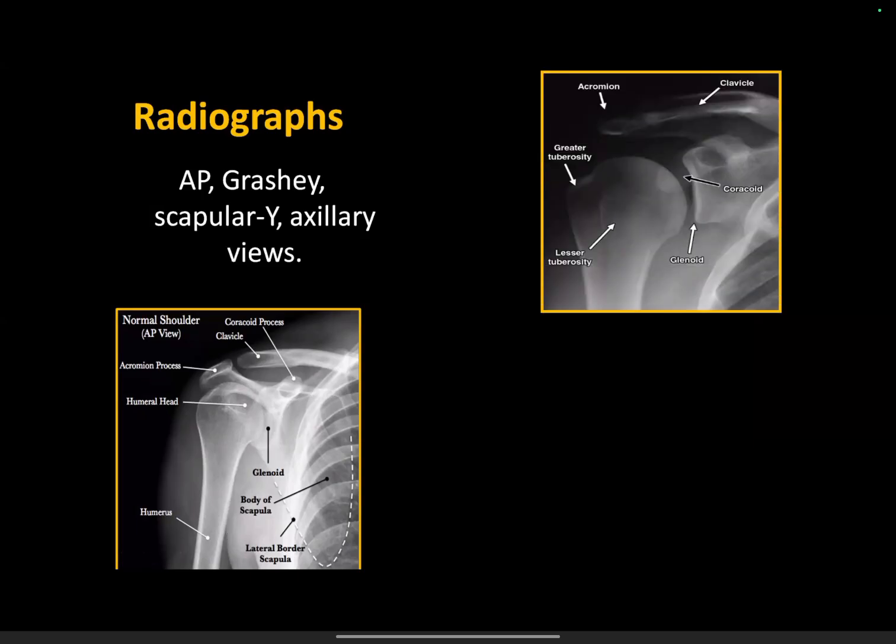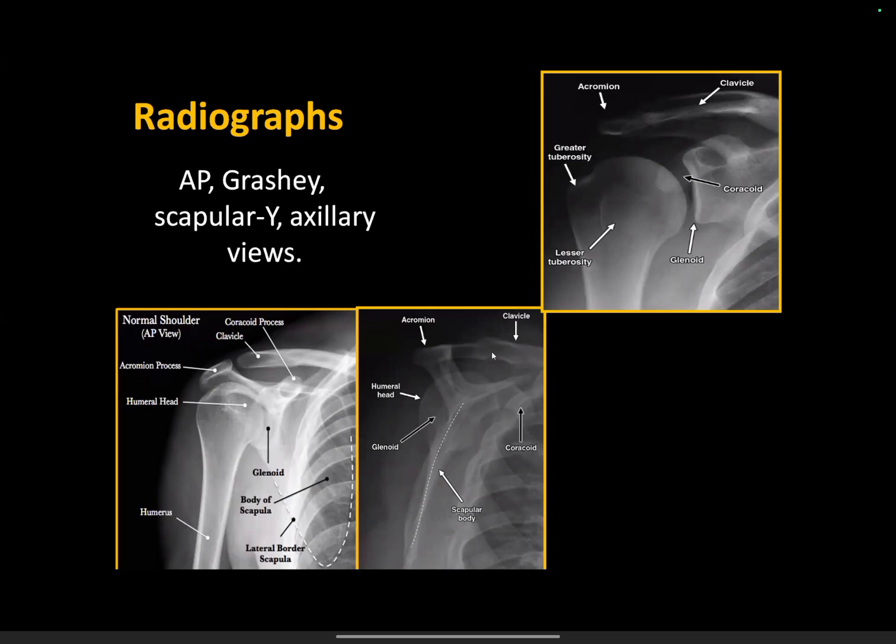We also have the Grashey view, which basically removes the overlap between the humeral head and the glenoid. So basically you can see the distance, and it's good to fish for any fractures or injury within this area. We also have the Y or scapular view, where we're basically looking at the shoulder from the